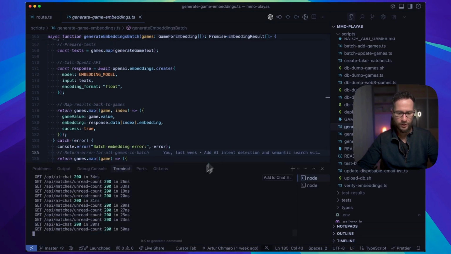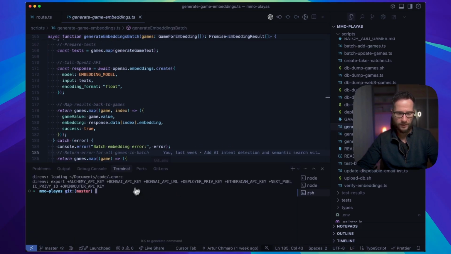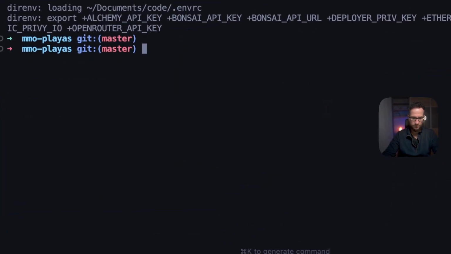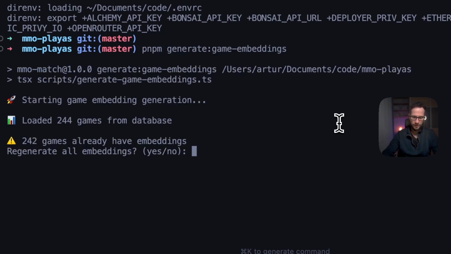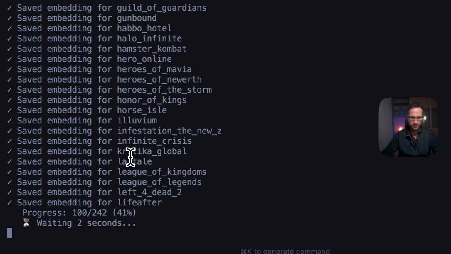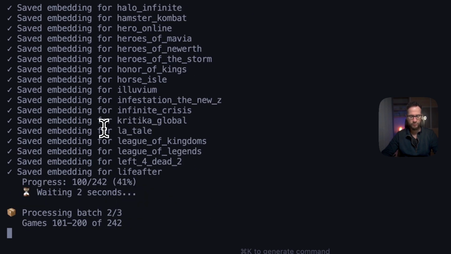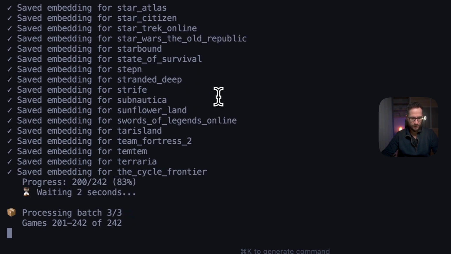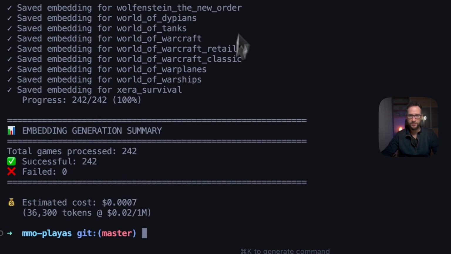So for example, here, if I would just go to another terminal, I can just paste some generate game embeddings, and here it's just iterating in batches over the games and generating these embeddings. So then my backend can easily pick the games and then suggest them.